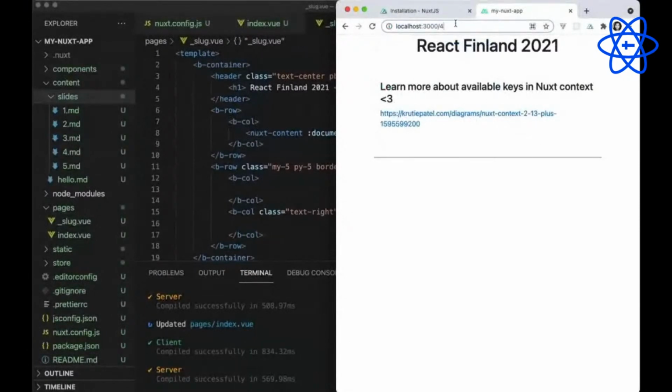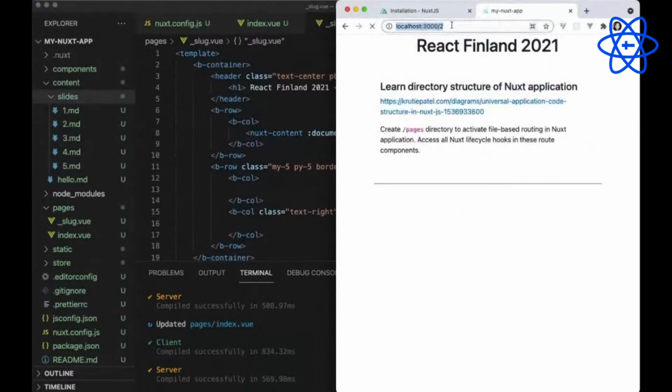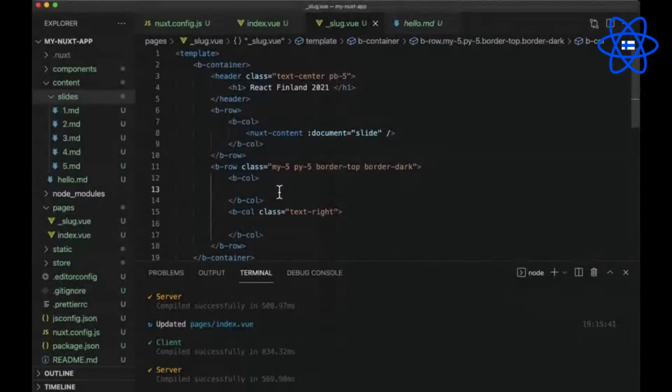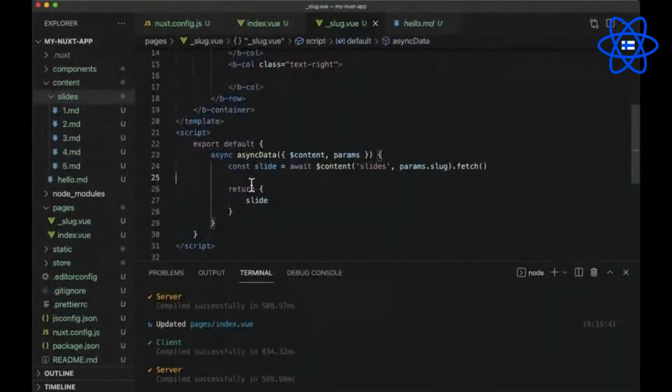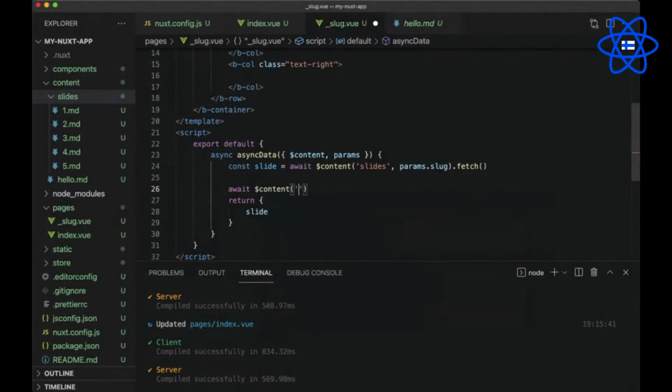It's not ideal to go from one slide to another using the parameters, right? But the Nuxt content module is smart enough to provide us with a method that can fetch the previous and the next slide depending on the existing one that's open. So how do we do that? We can begin with await and $content. The first argument we always have to provide is the name of the folder, because we are dealing with multiple Markdown files located in a single folder.